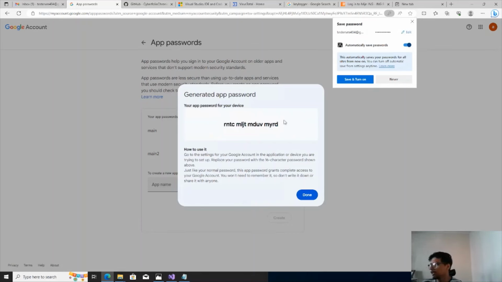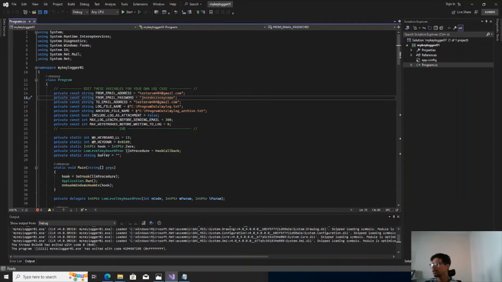So this is a prerequisite which is required, and it's a new change. I think it happened in 2022. Before, there was an option where you could just click on "use Gmail for less secure apps" and then it works. But now, as there's more security, this is the new version of it. So what you have to do is select this and use this password